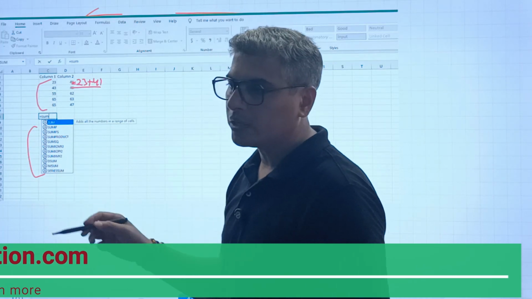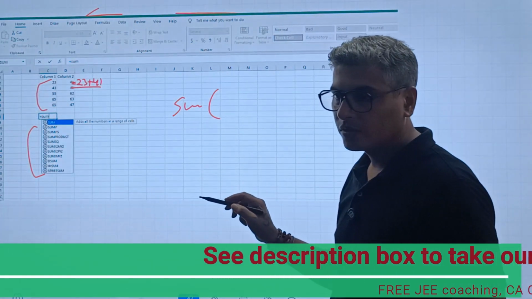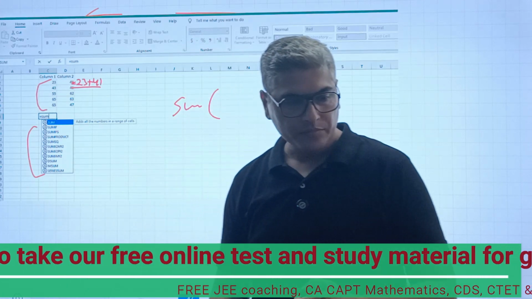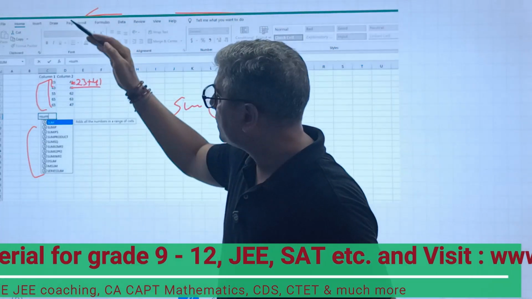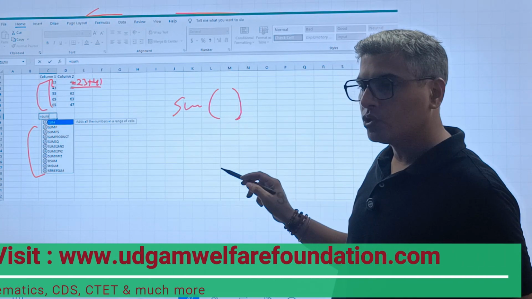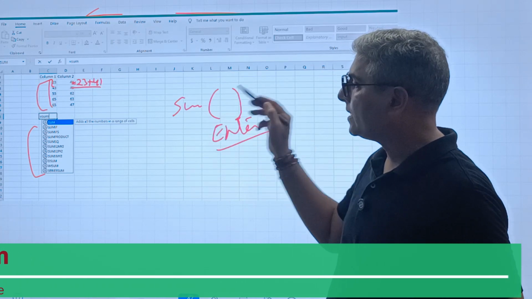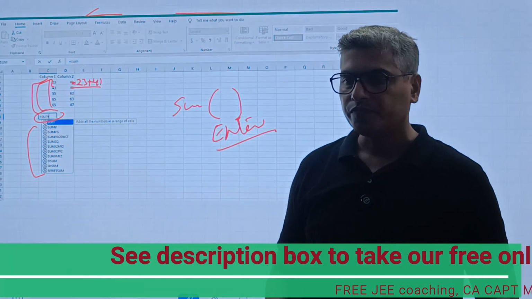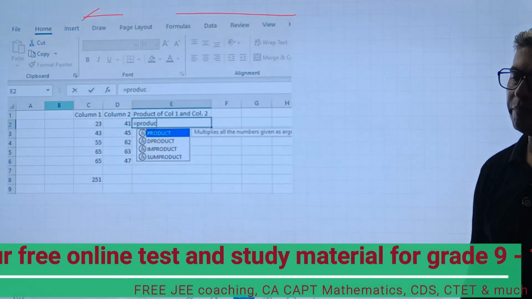सम किया हमने, जैसे हम सम लिखेंगे इक्वल टू के बाद, we have to use what, सम के बाद हमें लगानी है स्मॉल ब्रैकेट। स्मॉल ब्रैकेट जैसे लगाएंगे वो हमसे पूछेगा कि what is the range. तो रेंज के लिए हम ये पूरा का पूरा इसको सिलेक्ट कर लेंगे, तो जैसे हम सिलेक्ट करेंगे तो हमें इसको ब्रैकेट को बंद करना होगा, सही है। तो जैसे हमने ब्रैकेट क्लोज किया और we have to press Enter. तो जैसे एंटर मारेंगे तो वो इस पर्टिकुलर सेल में इन सब का सम हमें दे देगा, ठीक है, क्लियर है।